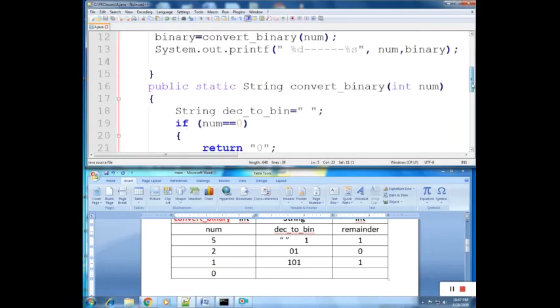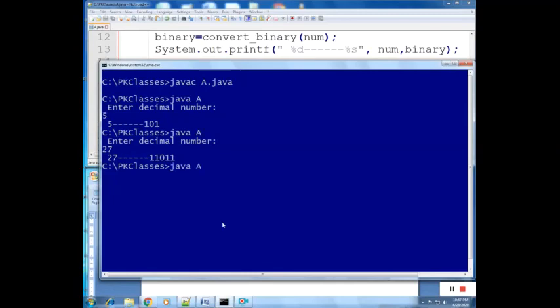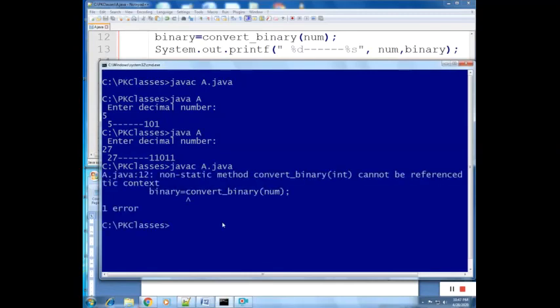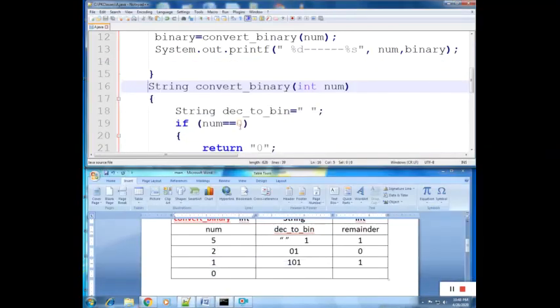So we have written here public static. If you want to see, just delete this, save the file and compile. Non-static method convertBinary cannot be referenced from static context.